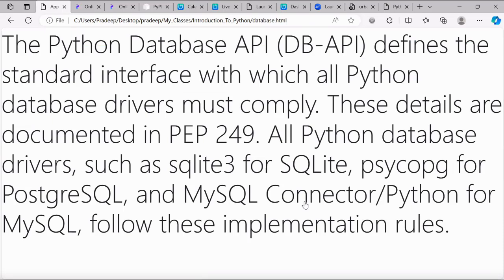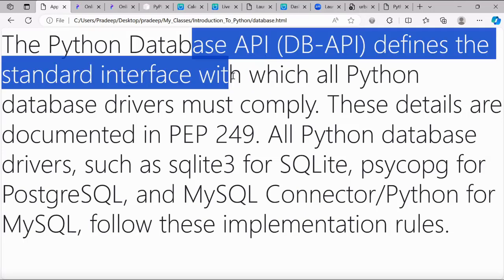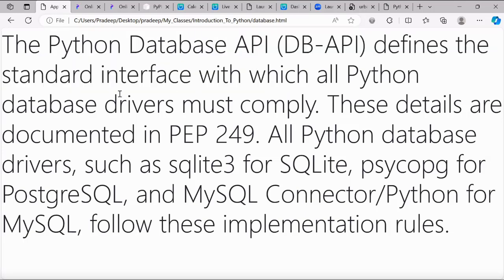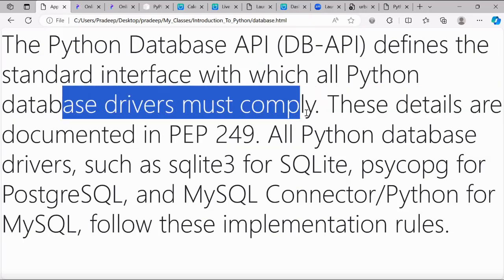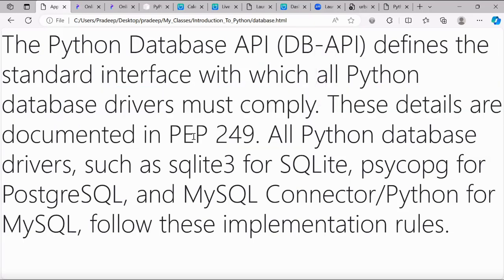As yesterday we were saying this API thing, right? There is something called Python database API. This will define the standard interface with which all Python database drivers must comply. These details are provided in PEP 249, but what we will do is keep it simple. All Python database drivers such as sqlite3 for SQLite, psycopg for PostgreSQL, and MySQL connector for MySQL. So these all